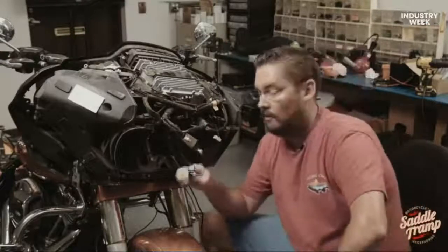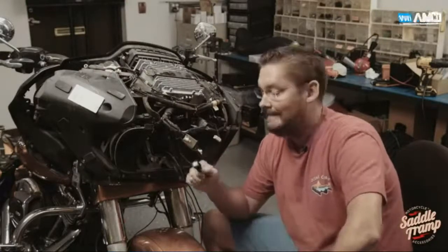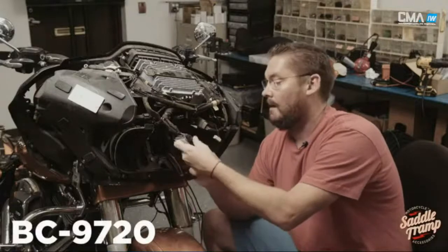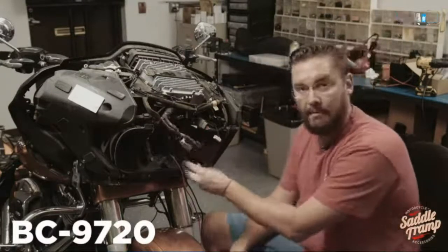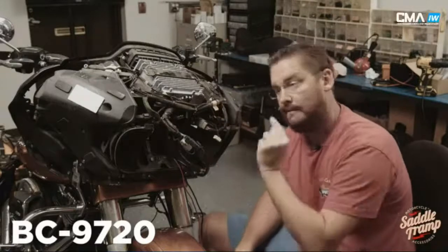So one of the first harnesses that we decided to make was the Harley Davidson backbone harness. So you can take the BC-9720, and it's pinned to match factory polarity, and you can plug it in. I've already run it down the backbone of the motorcycle. You are going to have to remove the gas tank, and it dumps the other end of the connector out